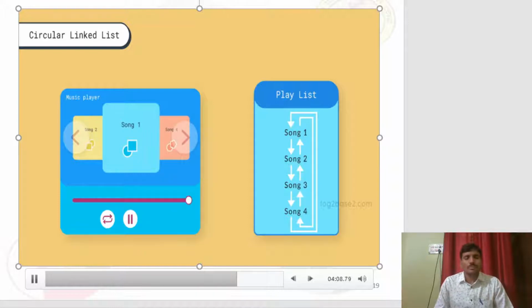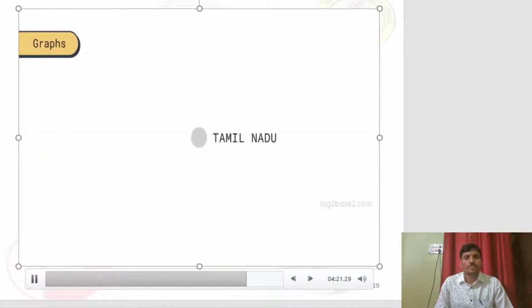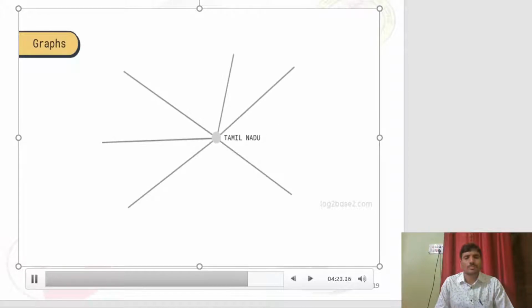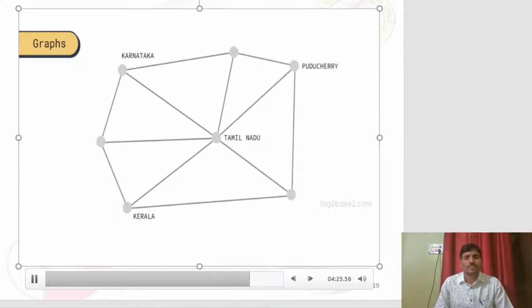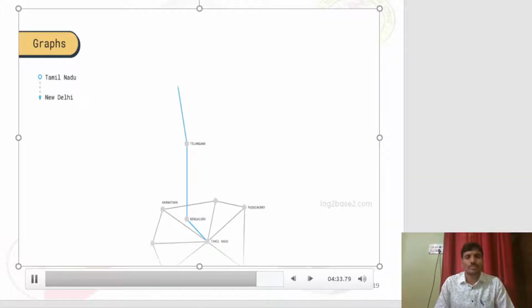So that is how linked lists are useful in our daily life. Now, everybody uses Google Map. And can you guess which data structure it uses? Google Map actually uses the graph data structure, where all the cities and states are connected as a graph with distance information. If we want to go from Tamil Nadu to Delhi, there might be many ways, but using some algorithms, we can select the shortest path, which saves a lot of time.